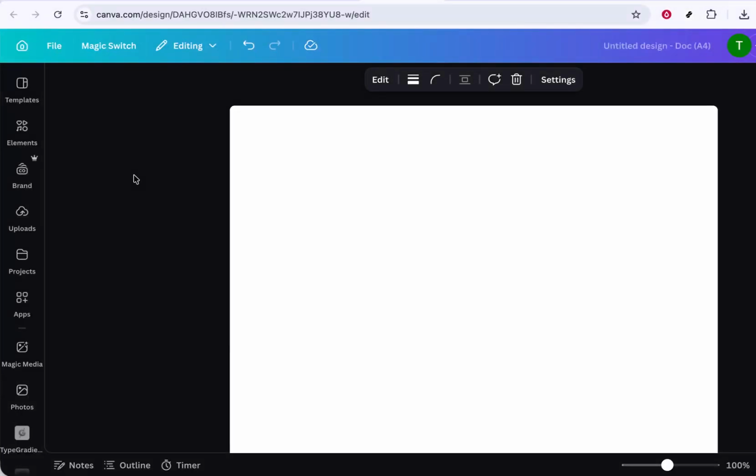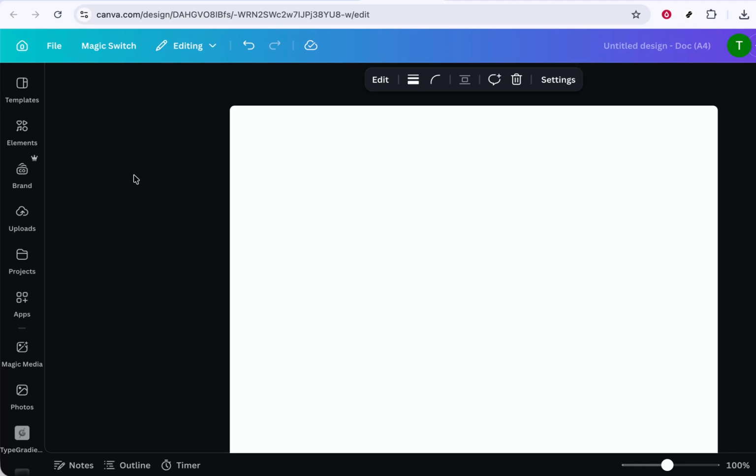In today's video, I'm going to teach you how to import documents in Canva. Whether you're working with reports, presentations, worksheets, or any other kind of file, being able to quickly bring those documents into Canva will save you a lot of time and let you focus on designing. I'll walk you through the process step by step so you know exactly where to click and what to expect